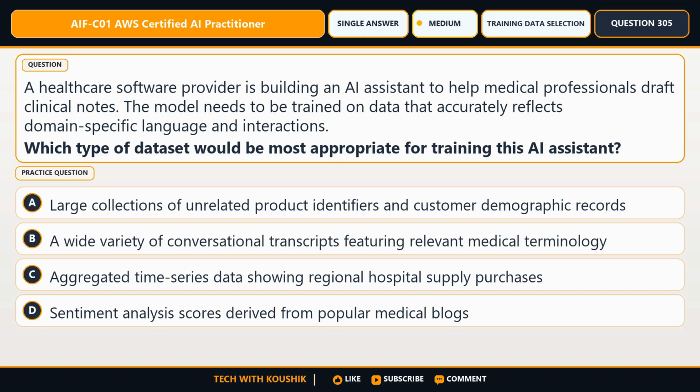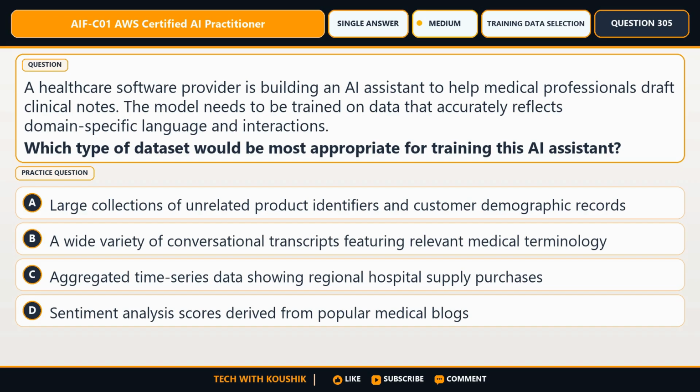Eliminate every option that violates even one requirement. Consider option A, large collections of unrelated product identifiers and customer demographic records. Consider option B, a wide variety of conversational transcripts featuring relevant medical terminology. Consider option C, aggregated time series data showing regional hospital supply purchases.